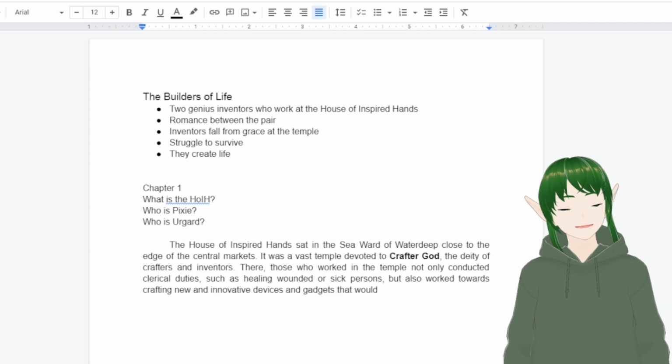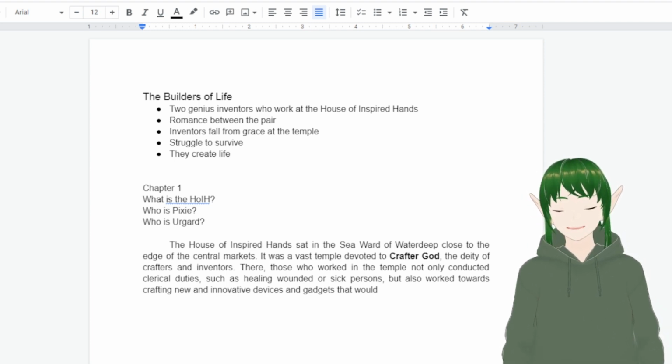But work towards crafting new and innovative devices and gadgets that would